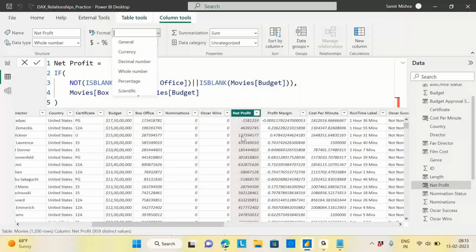To achieve that, we need to put a round bracket where there is the minus. Okay, got it? Yeah. Okay. So now